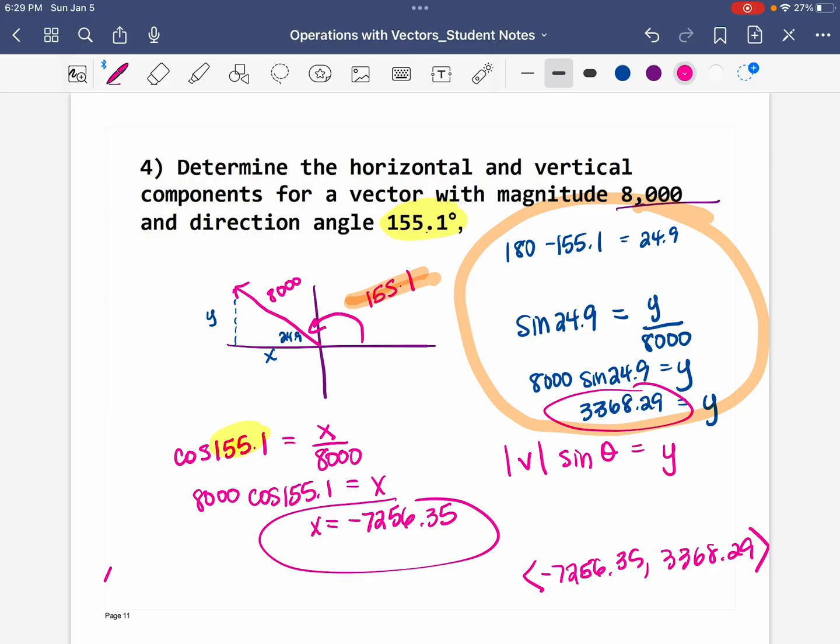So in general, when I want the x component, I'm going to take the magnitude of the vector times cosine of the angle. If I want the y component, it's going to be the magnitude of the vector times sine of the angle. And if you ever forget that, you can figure it back out because it's just a right triangle. All right, stay tuned for some